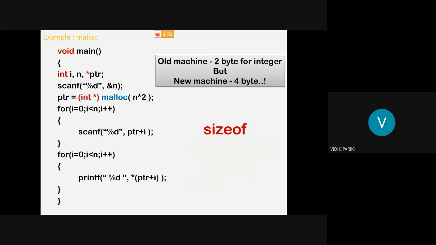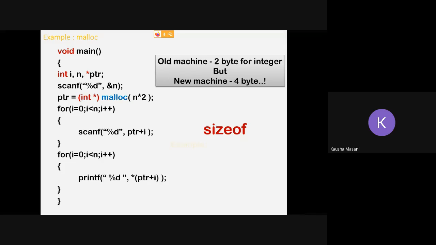It will give the size of any data type. Correct. Both of you are right. The sizeof operator is going to take up the size of your data type directly. No matter in which machine it is running, according to that machine, the size of your data type is taken up by this sizeof function and it is going to return you the size.